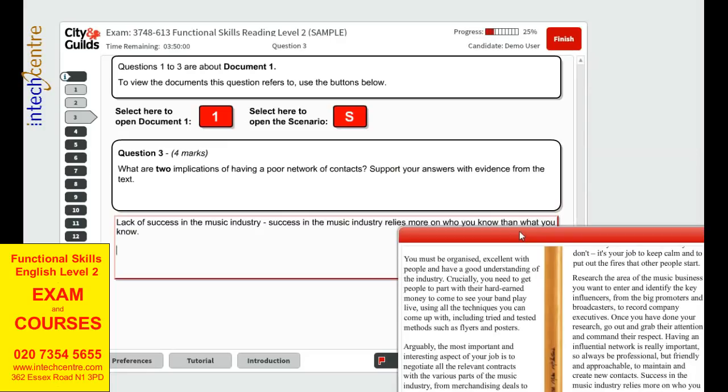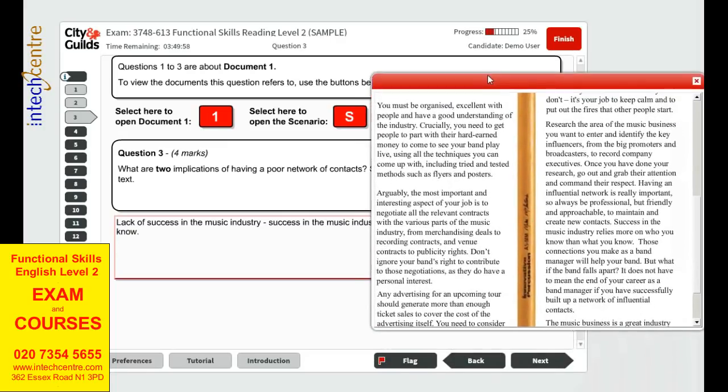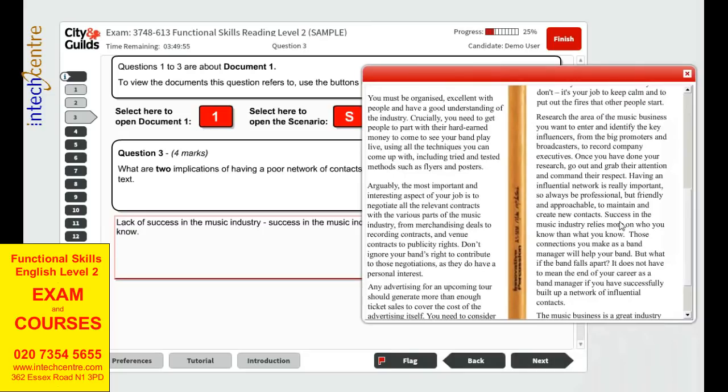Okay, so that's 2 marks. So we also need to find another implication. You should be aware that if you find similar wording, you will occasionally find a similar answer in the same sort of area. So this could be the case. So if we have a look here,